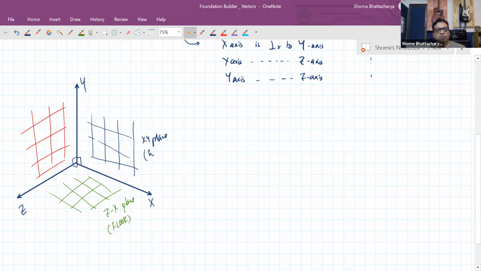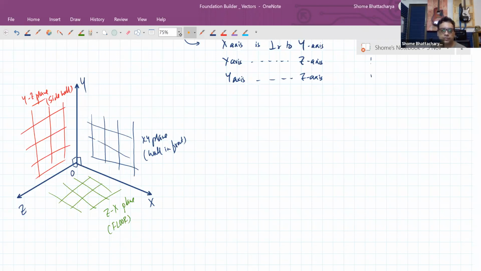So think of this like the wall in front, the wall that you are facing as you sit in a room, and the wall to your side, that is your YZ plane. So this is the side wall. So then you'll understand what the system of axes is. And the corner of the room in front of you, on your front left, the bottom front left corner,